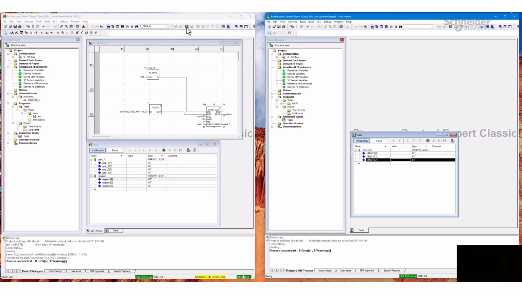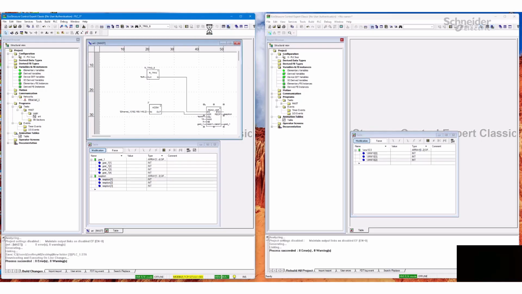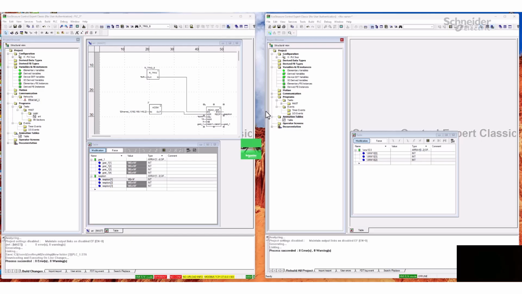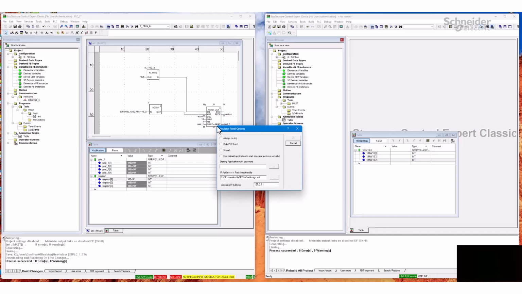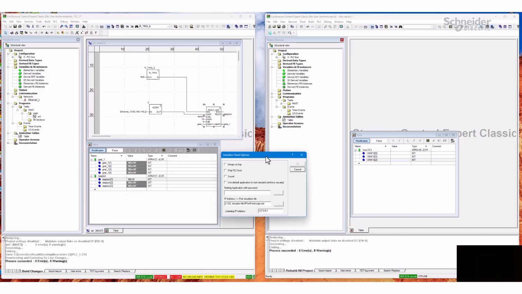Let me connect so I can launch the simulator. If I go to options, here's the simulator panel and the panel options. Here is where I specify the file. I have it on my D drive in this particular file location, and pretty much that's all you have to do. Then you select OK. Mine's already specified,